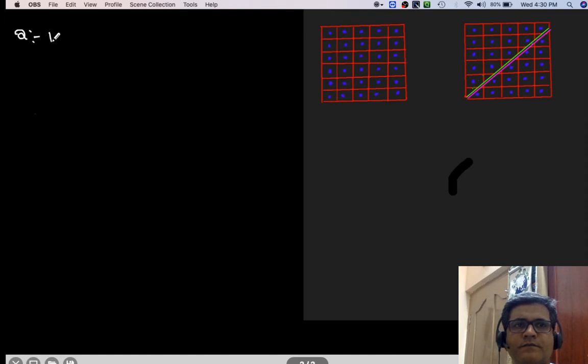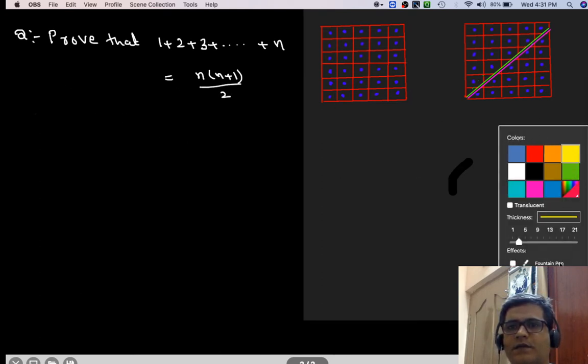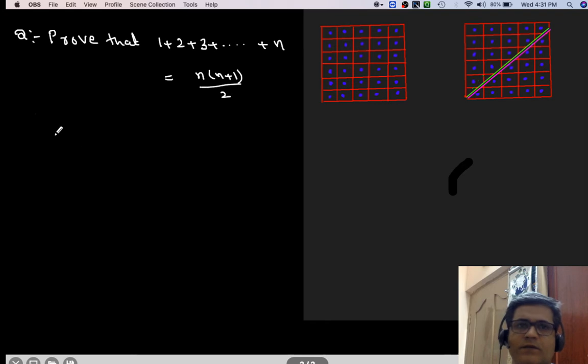Question: prove that 1 plus 2 plus 3 plus etc. up to n is equal to n into n plus 1 by 2. That is, the sum of n natural numbers is equal to n into n plus 1 by 2. So to prove this one,